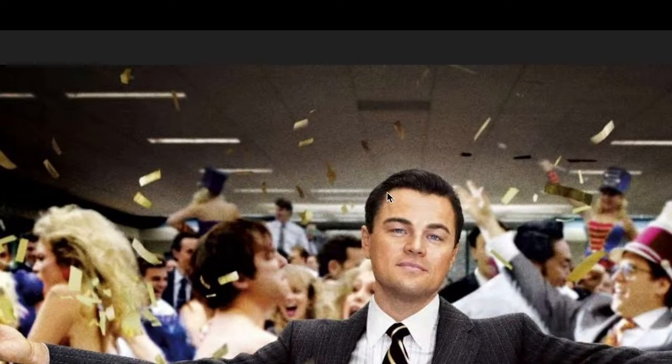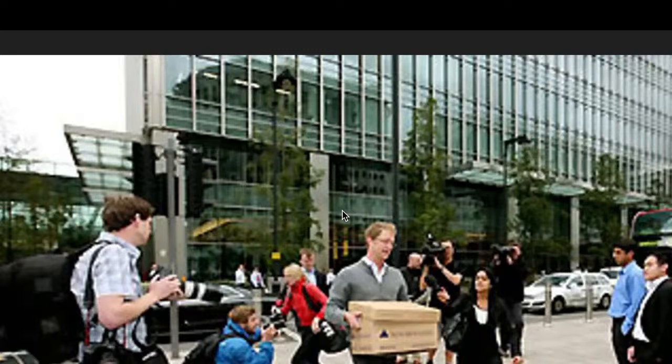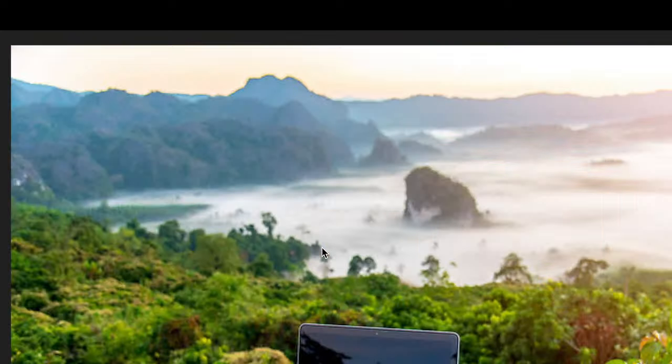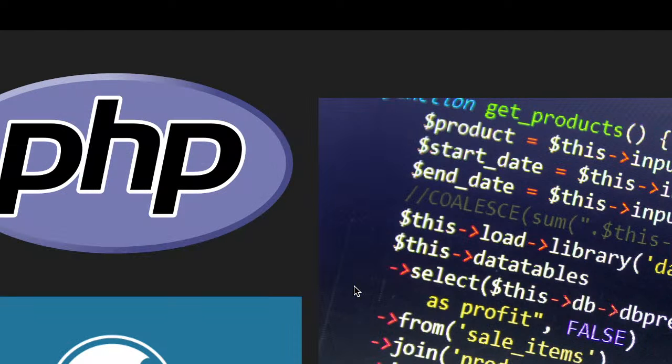I wanted to be the next Wolf of Wall Street, but I failed. I was more like this guy who was let go from Lehman Brothers. And I went to Taiwan to learn Chinese. I wanted to figure out what I wanted to do with my life. And I met a bunch of software developers who were digital nomads living in different countries. So I decided to learn coding because I was really inspired by this story.